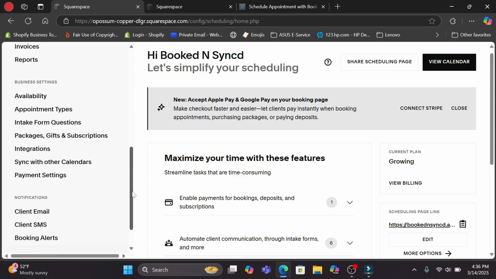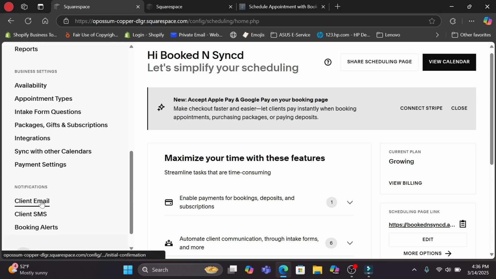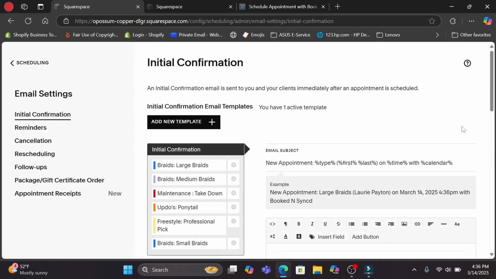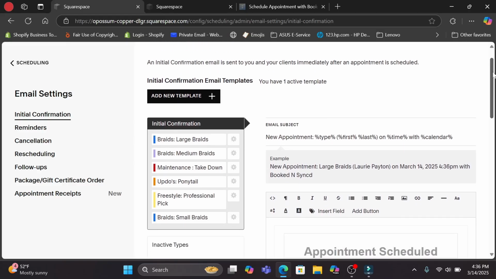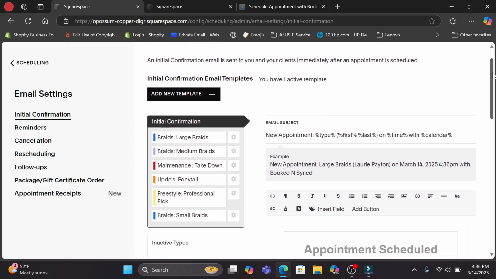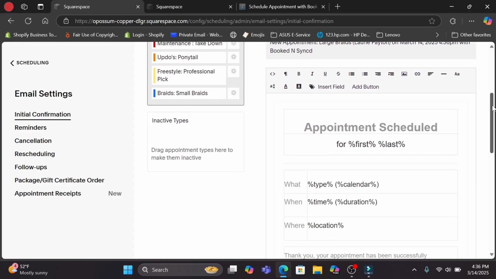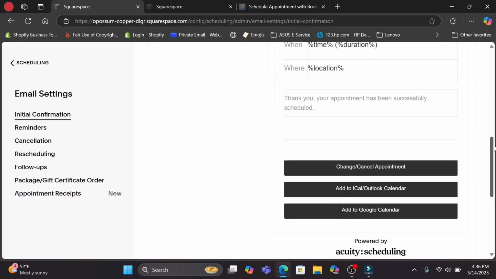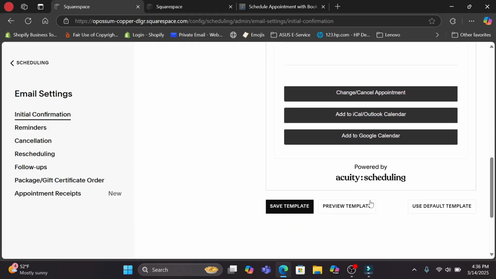So let's scroll down to client email. And Acuity Scheduling does a fantastic job of their general email form. Let's take a look at the preview so that you can see what the client sees. We're going to scroll all the way down to preview template,